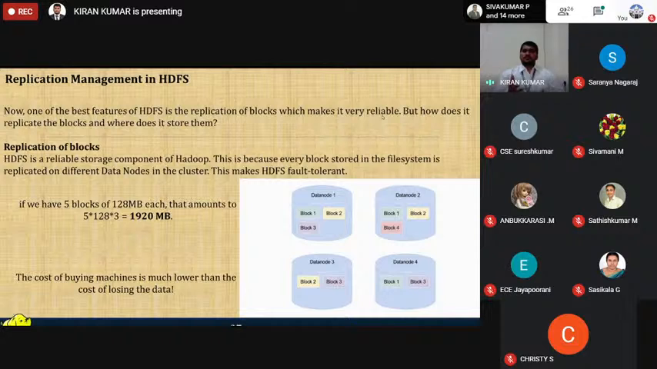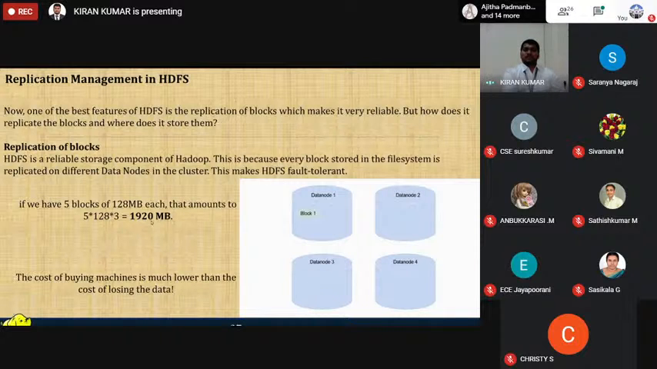To make that service more efficient and more reliable to the customer, we have to have replication here. So let us try to understand what replication is. Replication of blocks. HDFS is just a storage component. Every block stored in the file system is replicated on different data nodes in the cluster. For example, if we have 5 blocks of 128 MB each, that amount of data consumes